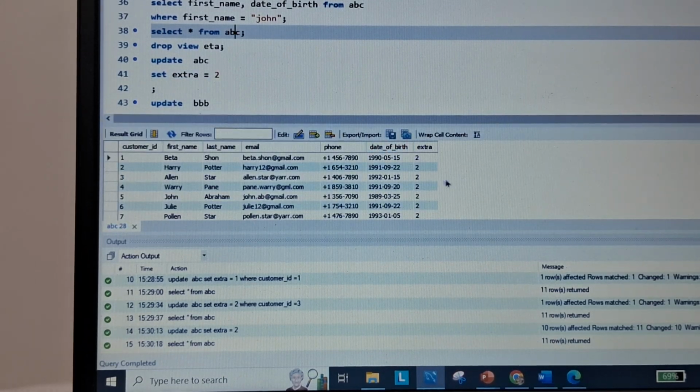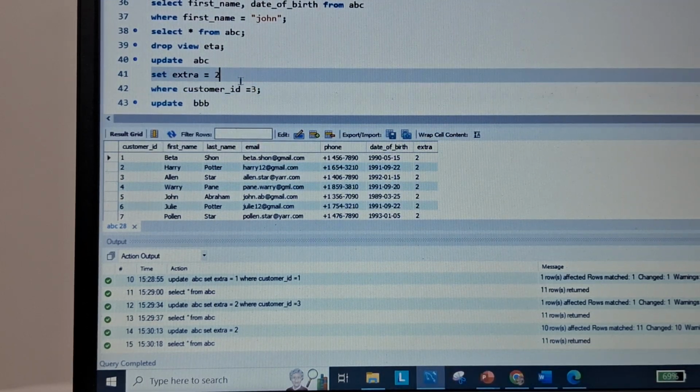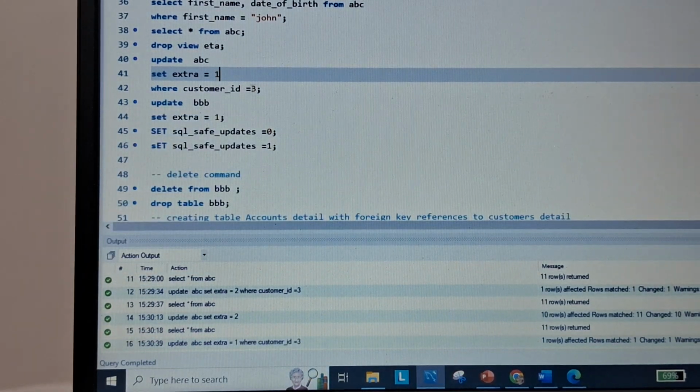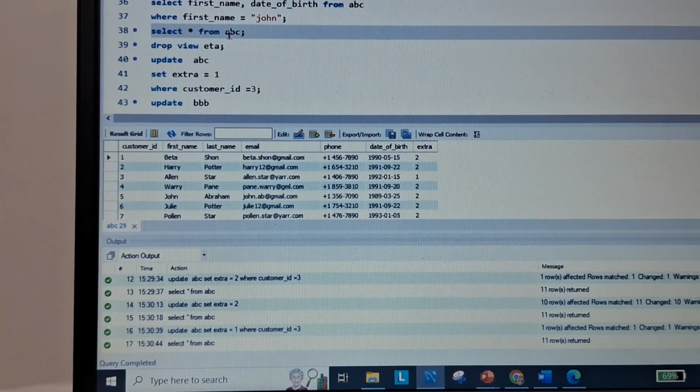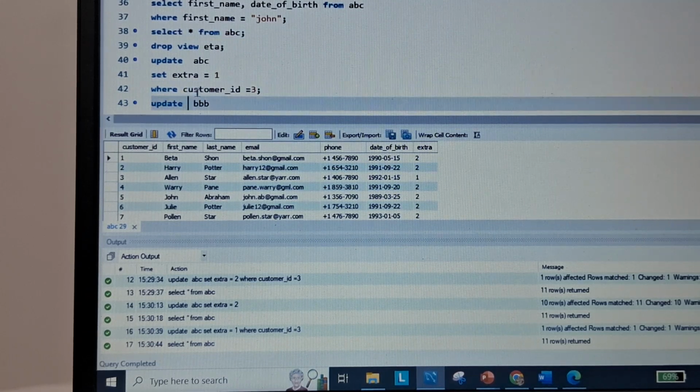So you can see, when I have not used a condition with the update command, it changes everything. Now one is changed.